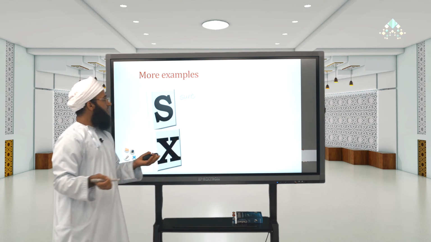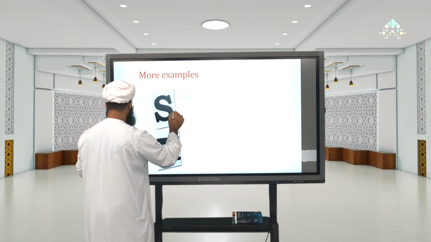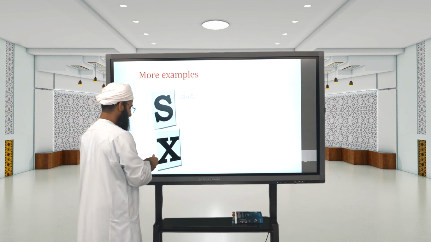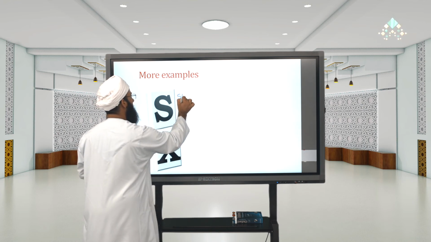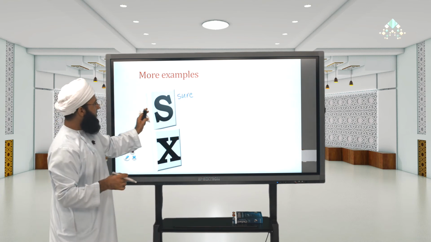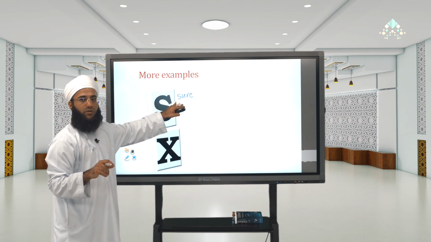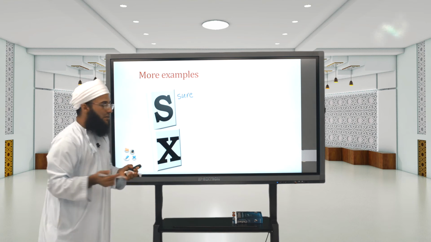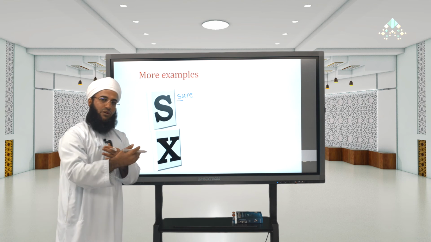What is this? Sorry, it's in green, maybe you cannot see it. Okay, sorry. I'll erase it. For example, this one, what is it? It starts with S, right? You don't say S-sure. No, it's not always "sa". So not always when you see S do you pronounce it "sa".